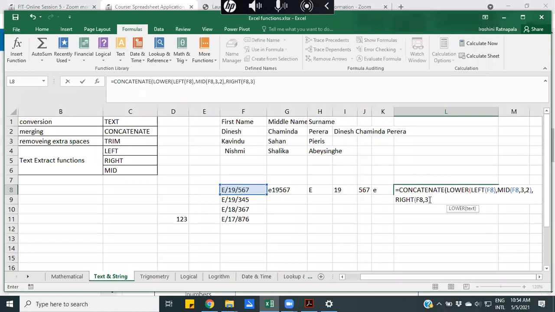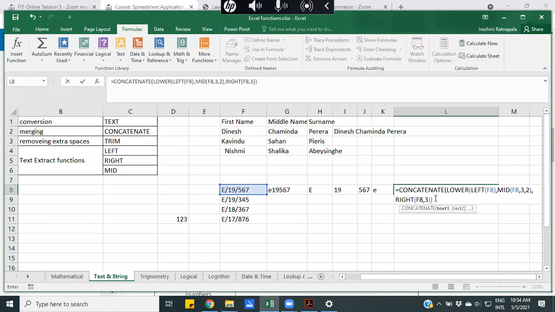So I have closed the blue color one, but I didn't close the black color one here. Because it only has the open bracket, I have to close that, the one of this color.